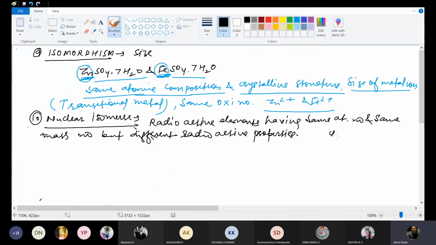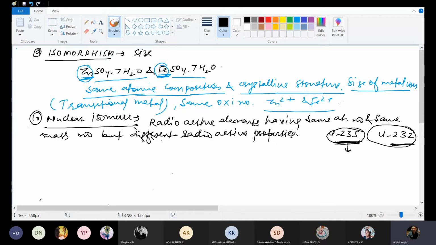As I have already told you, U-235 and U-232, their nuclear properties, their radioactive properties will be different. This is highly fissionable and this is not that much fissionable. This gives you an enormous amount of energy and this gives a little less amount of energy. India's nuclear program is based on U-235, but polonium is the most modern nuclear fuel. This is conventional nuclear fuel. So India's nuclear program is based on conventional nuclear fuel. There is U-235, but the modern nuclear fuel is polonium. They can ask you a question from there too.